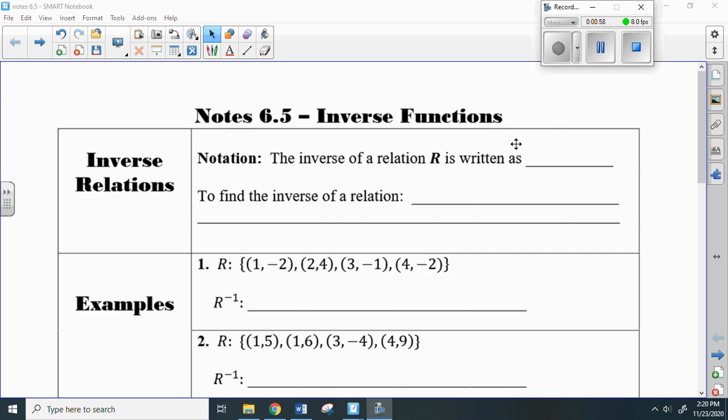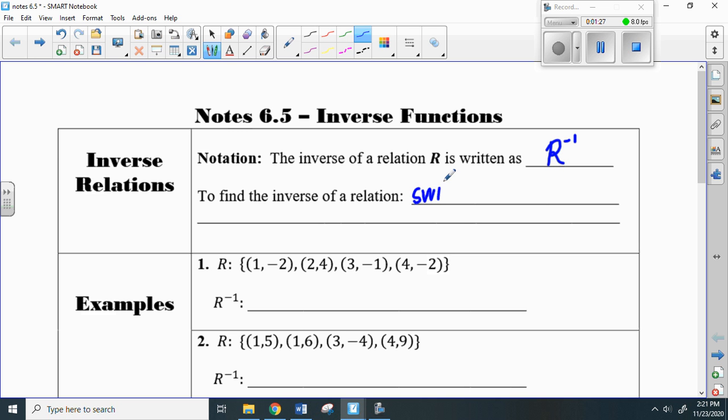Okay, so for notation, let's just say that we have some relation R, and I want the inverse of it. Well, the inverse is written like this. It's R, and it looks like it's raised to the -1. So -1 is kind of like the exponent, but that means it's the inverse of R. And to find the inverse of a relation, all you have to do is switch the x's